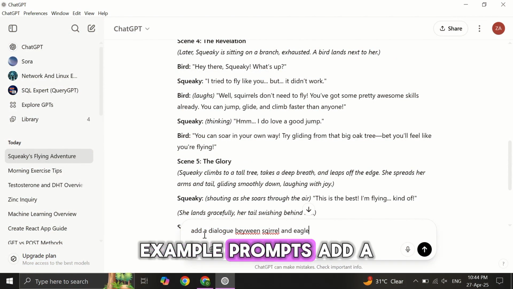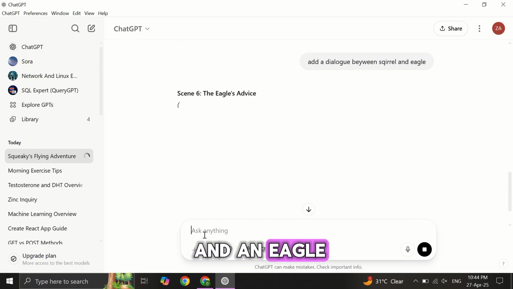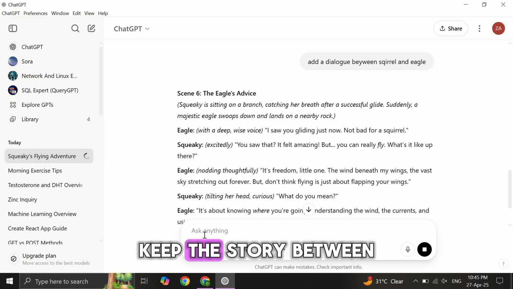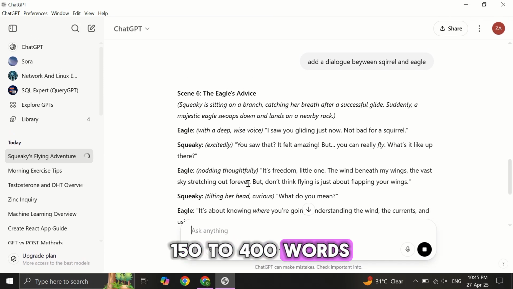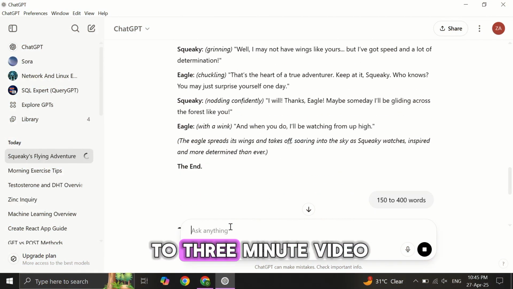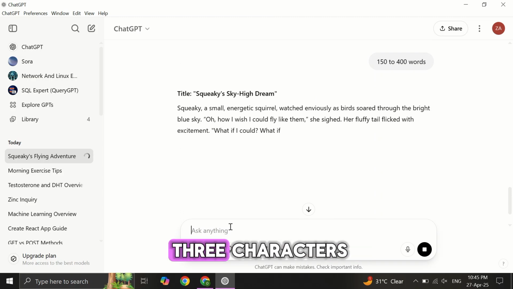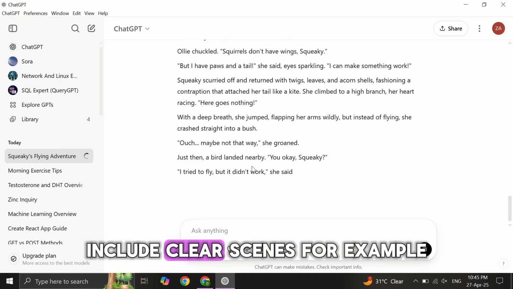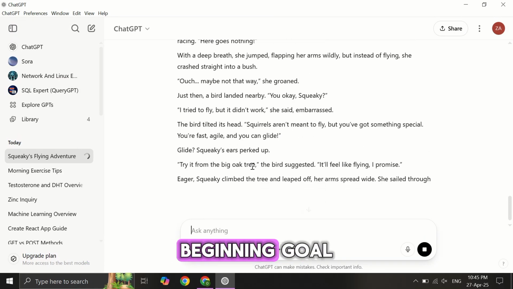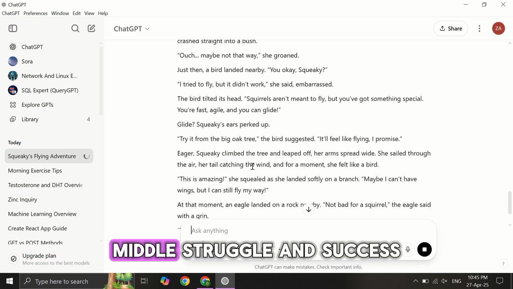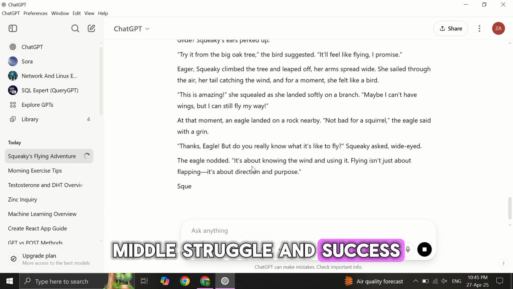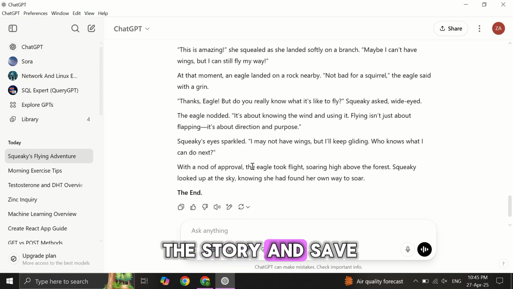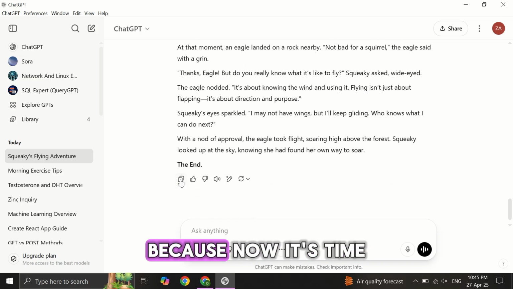Example prompts. Add a dialogue between the squirrel and an eagle. Expand the story to include a lesson about believing in yourself. Keep the story between 150 to 400 words, enough for a 1 to 3 minute video. Focus on 1 to 3 characters. Too many characters can clutter short animations. Include clear scenes, for example, beginning, goal, middle, struggle, end, success, done, failure. Once you're happy, copy the story and save it to your computer, because now it's time to bring it to